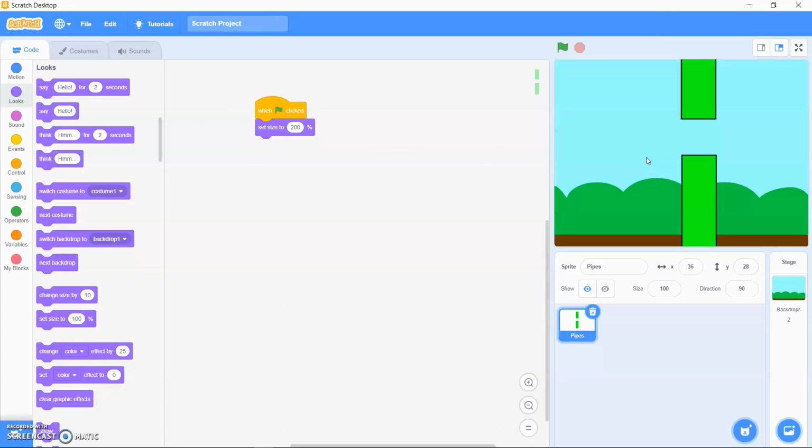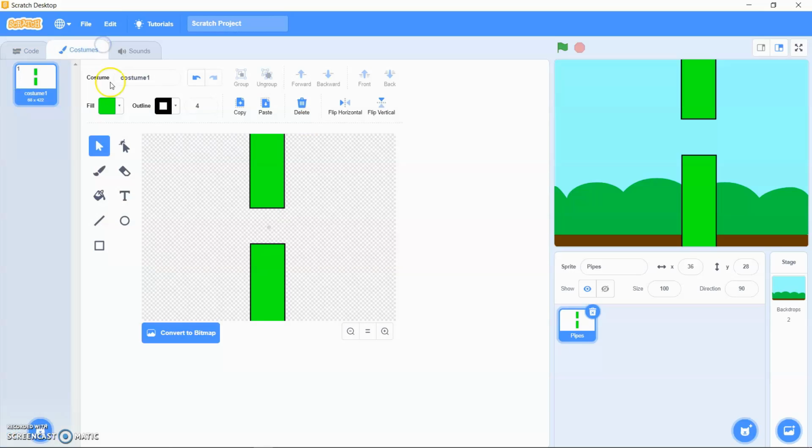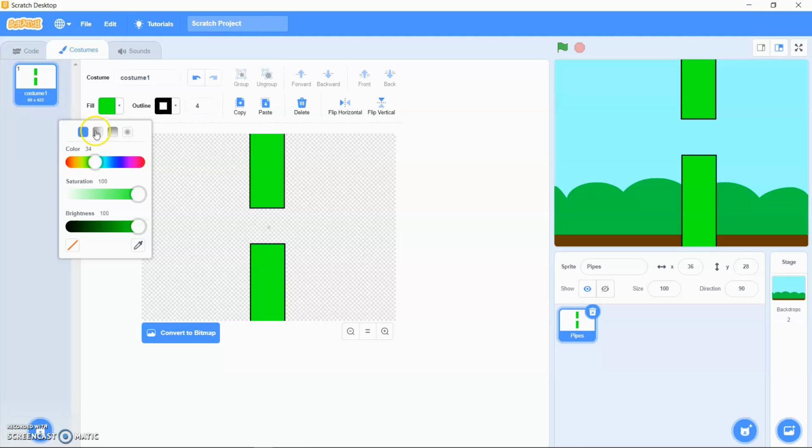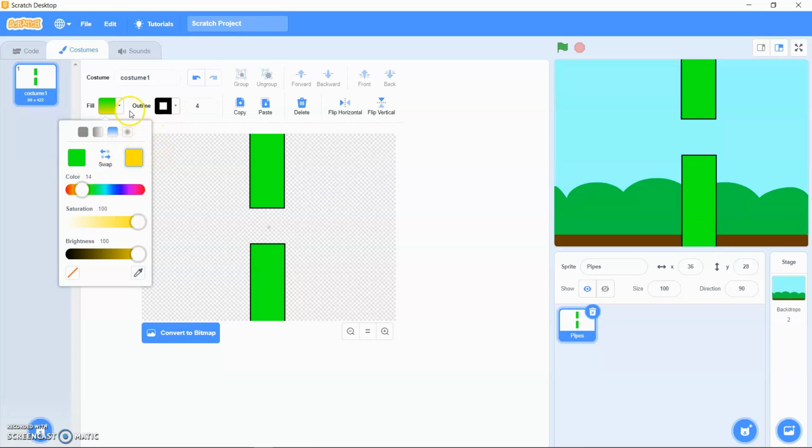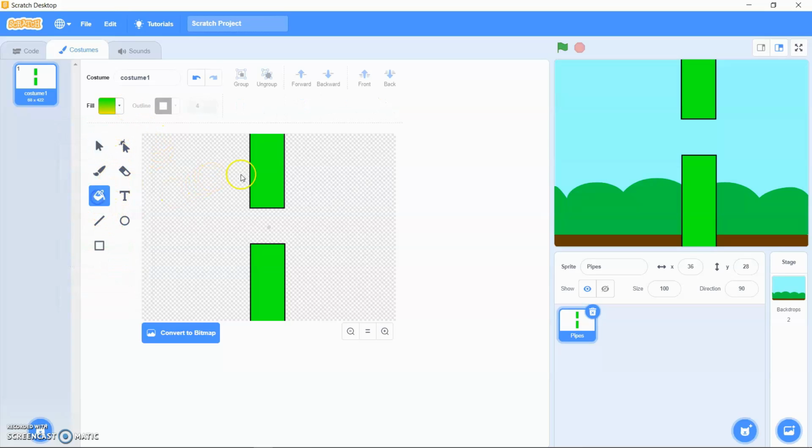The next thing we need to do is to make our pipes better. So can you make your pipes look better? Shade your pipes with the left to right gradient. So in costumes, you can check on left to right gradients. This will be in the fill, and you can use these. These are gradients. You can use something like this. Swap it with another color. Once you've done that, you can color the pipes whatever color you want. Make it